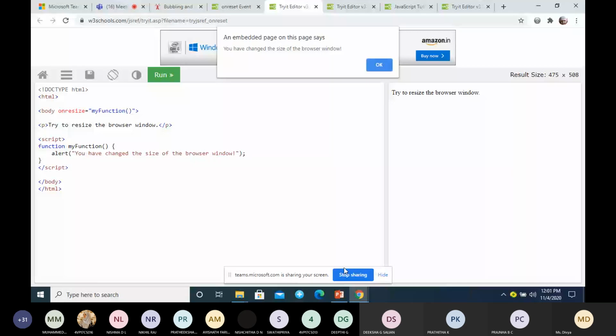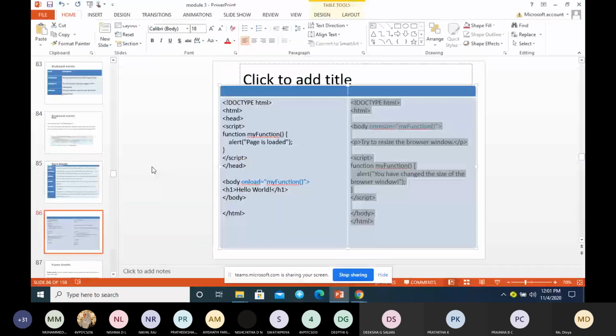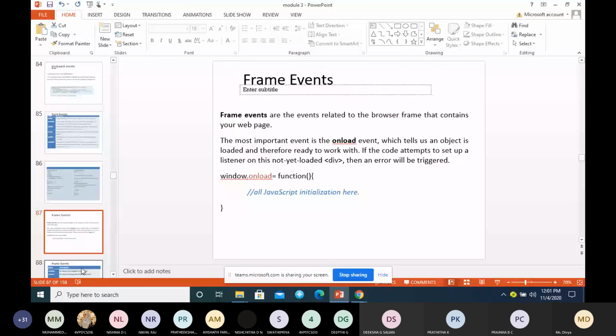So the next one is a frame event. The frame concept was there in XHTML. It is not there in HTML5. So see here, frames are something like this.